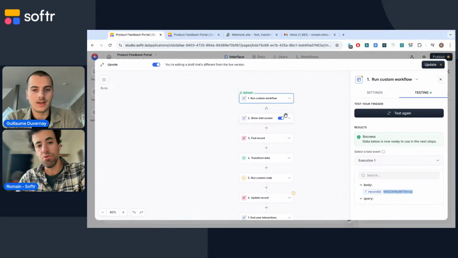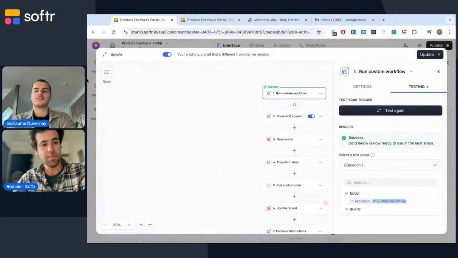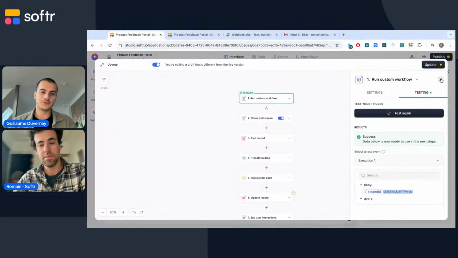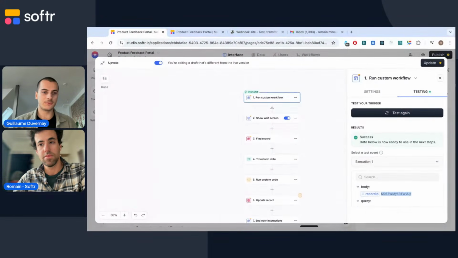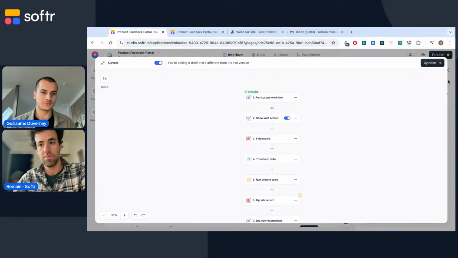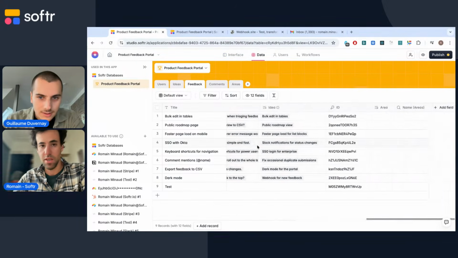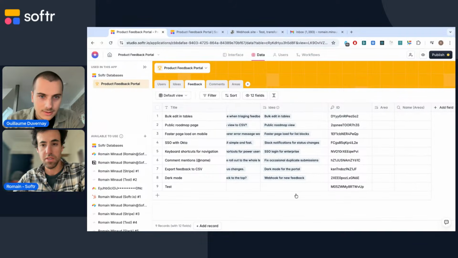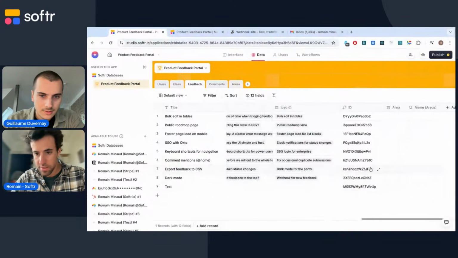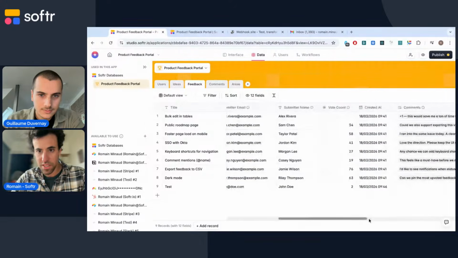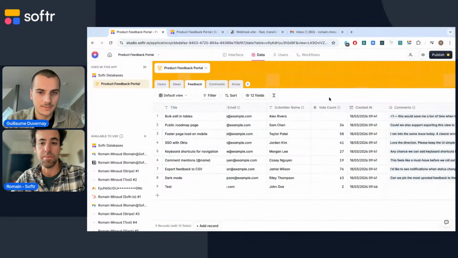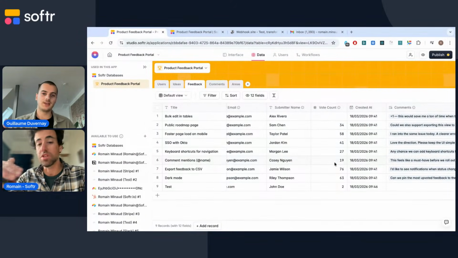And what we want to do here, maybe just to understand before we deep dive into the workflow: the upvoting feature is probably in your database. You have a number field and you want to add one whenever someone clicks. Is that how it works? Let's show the database. You're right. So the database of feedbacks is all the feedbacks, and each feedback has, I need to find it here, a vote count, which is an integer. Okay. And we want to increment.